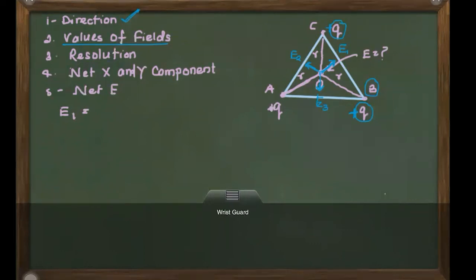Okay, so when we write here E1 is equal to, you know that this is a point charge. So 1 by 4 pi epsilon naught q divided by